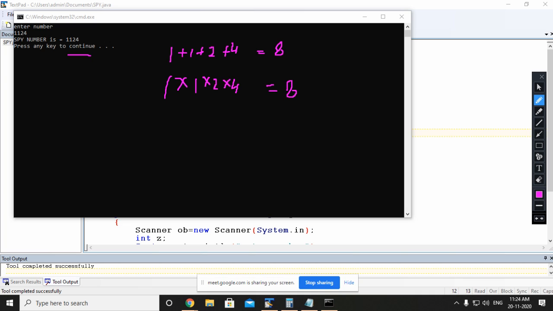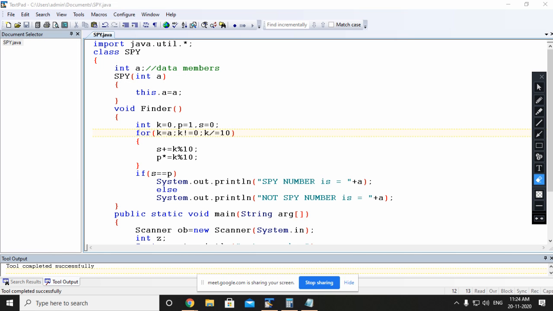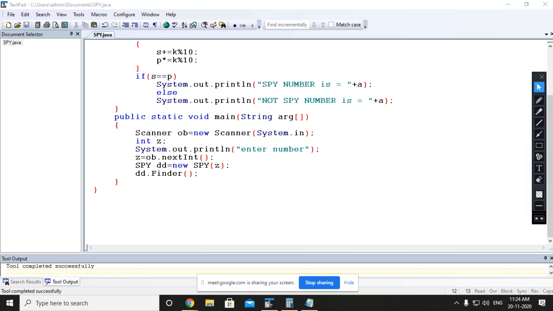So if this and this both are the same, then the actual number 1124 is a SPY number. Am I clear, everyone? Yes, sir. Good. Those who have doubts or have not done it can watch the video and copy it in the fair notebook, right?